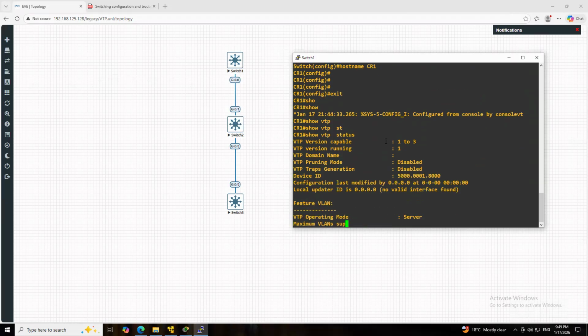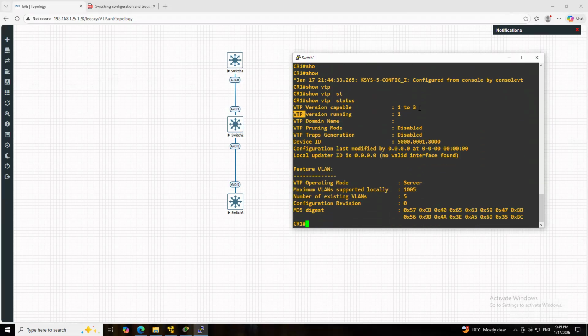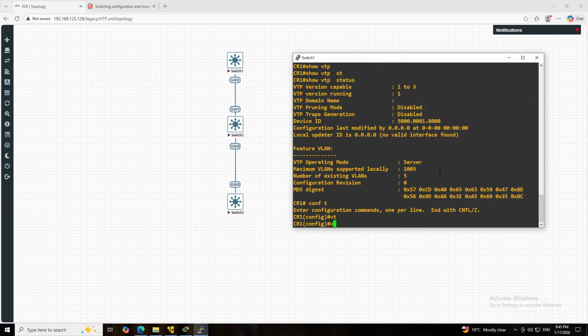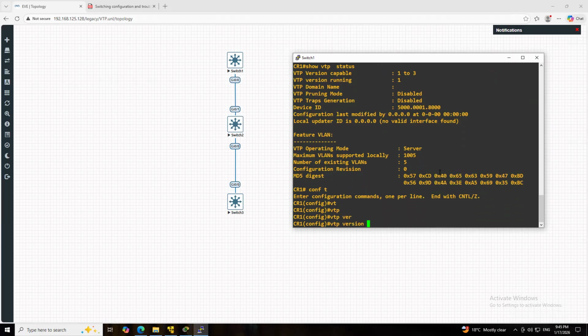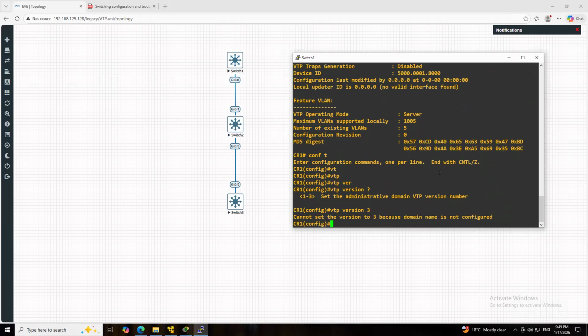I can see it can support VTP version 1 to 3. So, let's first change the VTP version. Let's say it's 3.